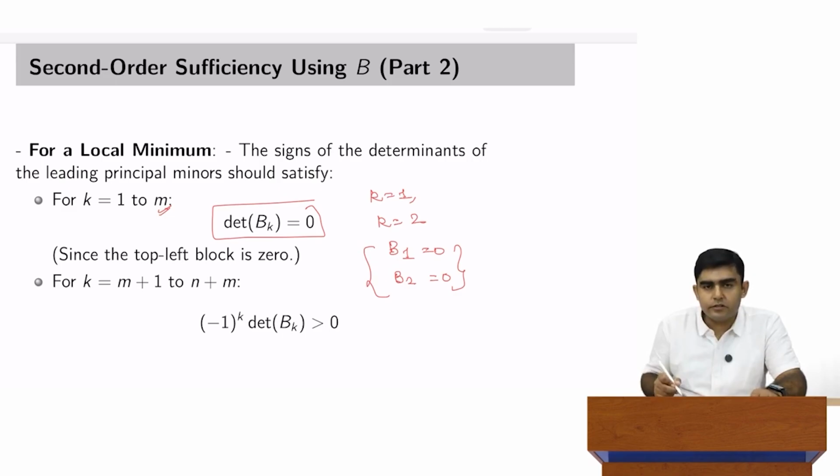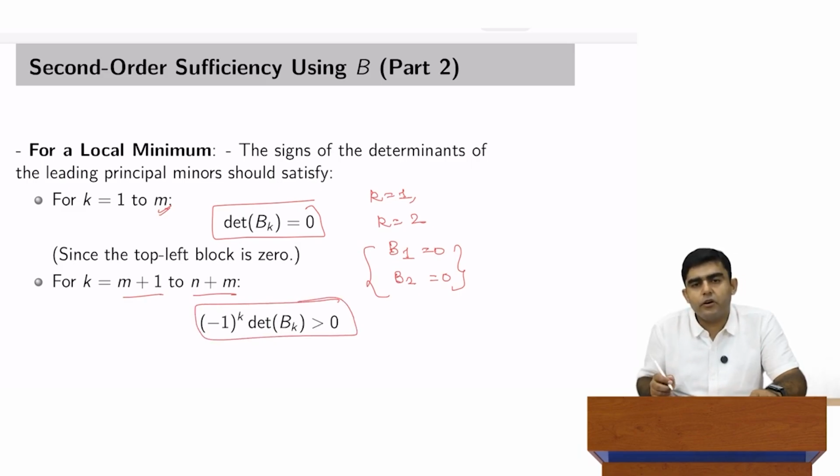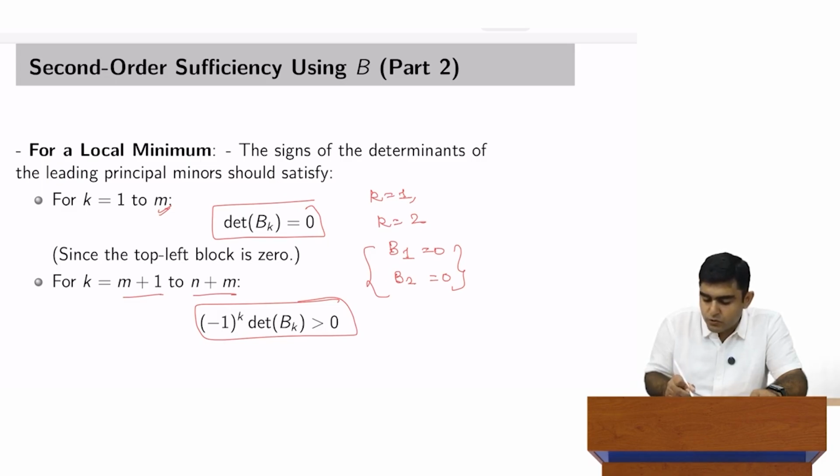What is of more interest to us is to see how the sign of determinants of m plus 1 and n plus 1 changes as we check for this positivity or negativity of the bordered Hessian matrix. If you recall, one way to check for the determinants of leading principal minors is to look into minus 1 raised to power k determinant of Bk greater than 0. What it does is that if k is odd,